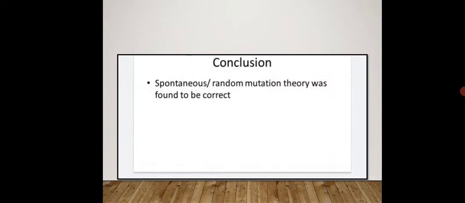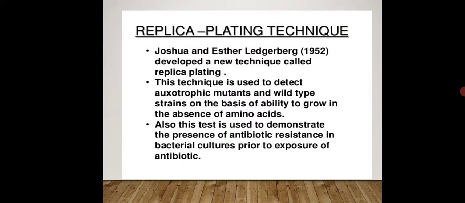Hence, scientists concluded that spontaneous or random mutation theory was found to be correct. Okay, because it doesn't require any type of mutagen, and even further experiments have been performed and further predictions have come, further scientists made many conclusions, लेकिन जो स्टार्टअप पॉइंट था वो फ्लक्चुएशन टेस्ट से हुआ था, and it has been proved that this mutation occurs spontaneously, okay, without any known cause, if there is no addition or requirement of a mutagen. So that was about the fluctuation test.